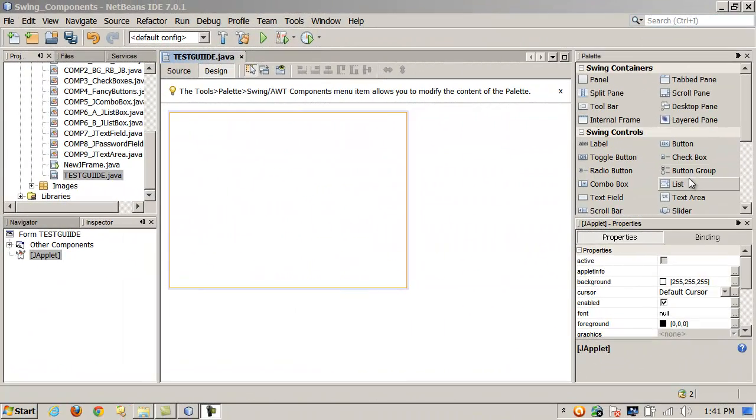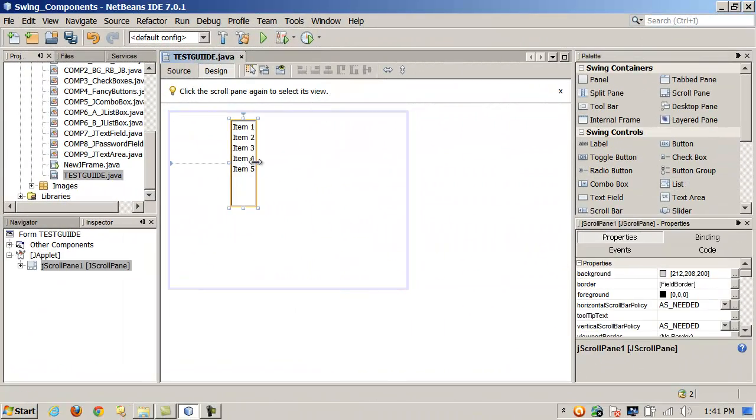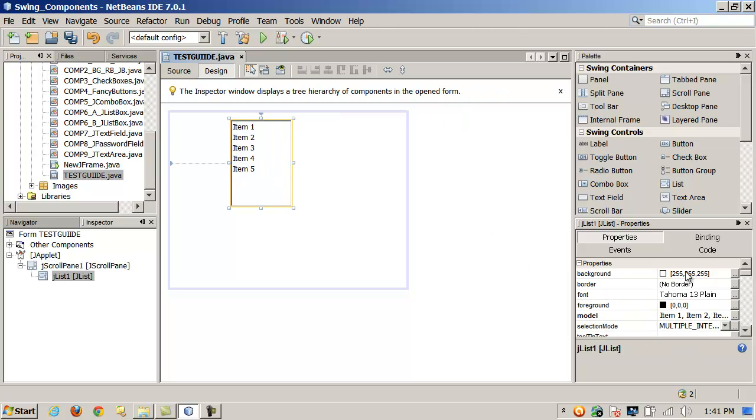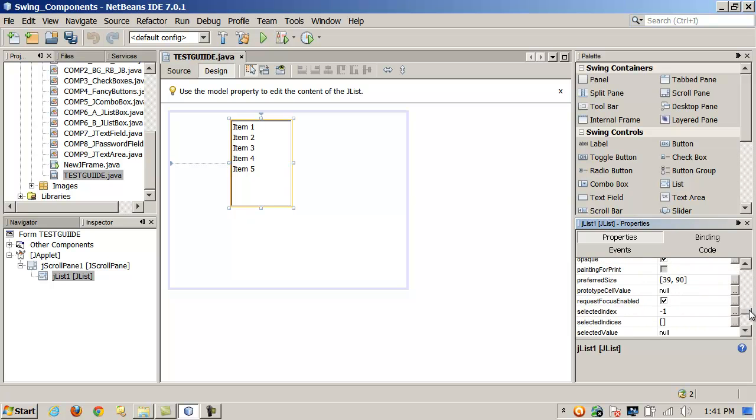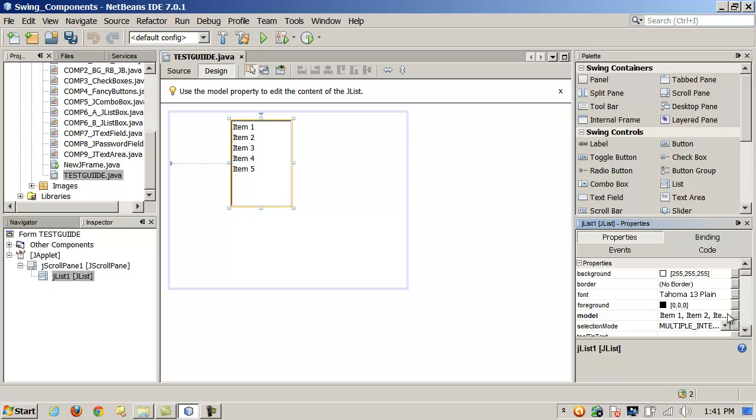Here's an example of adding a JList object using the NetBeans GUI design tool. Look how easy that is. We just drag and drop it on there. I'm going to select it, highlight it, give it focus, and then we can add the items to it we wish to add. Let me go here and let's say